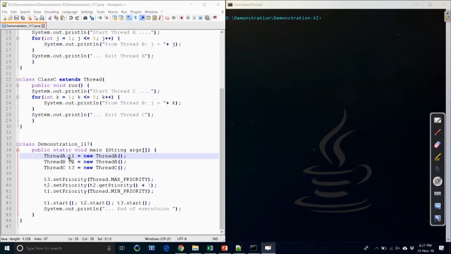We create 3 threads T1, T2 and T3 here for the classes thread A, thread B and thread C, and then here the method setPriority, which is defined in the class Thread, and then we pass the argument as Thread.MAX_PRIORITY. This value is already defined in the Thread class. So, here basically T3 has been assigned the maximum priority, and as you see T1 has been assigned the lowest